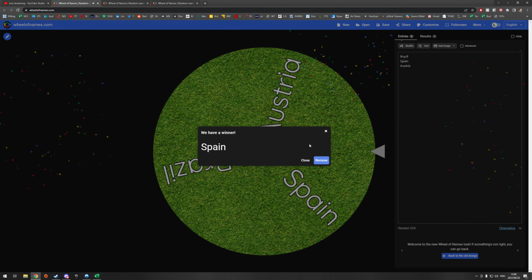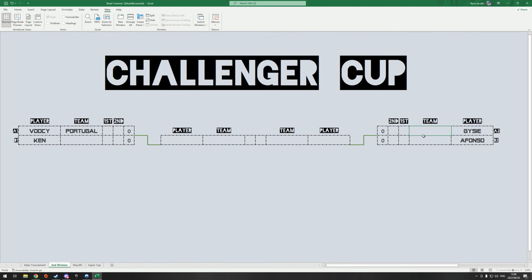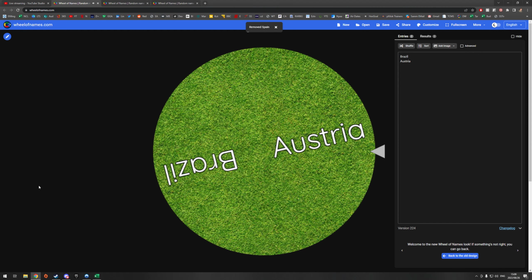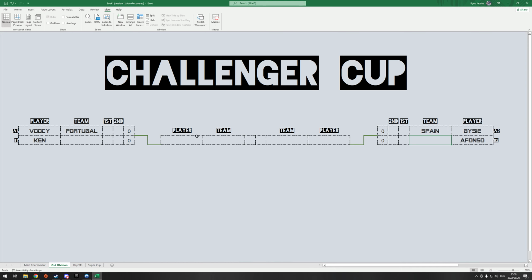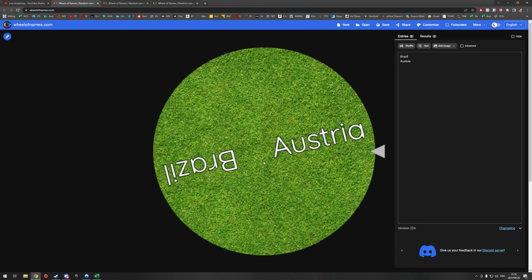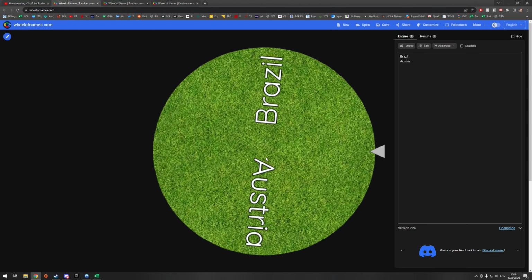Oh my word. Spain. Yeah. Gijsie gets Spain. I actually think that's the team he entered as well. And then the third is Ken's team, either Brazil or Austria. Yo, opposite sides of the spectrum. Let's see.